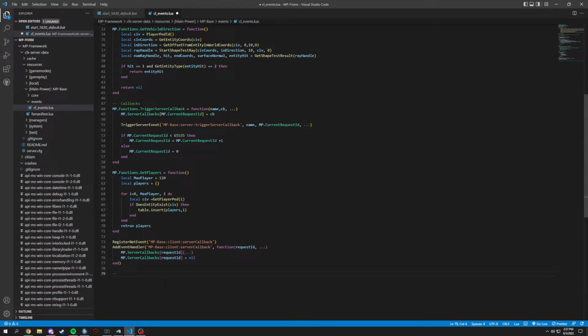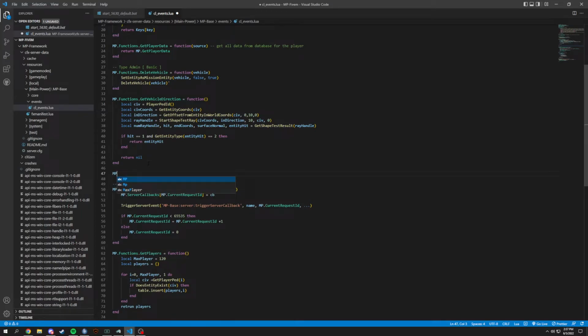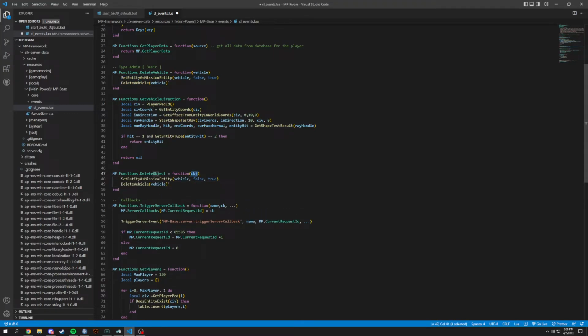So now we're gonna have, I guess we can go back to admin and just add a couple more things here, which is gonna be mp.functions.delete object, which is a function that we're gonna pass object through, and we're gonna end here. And it's sort of the same as the vehicle. So we set entity mission, and instead of delete vehicle, it's just delete object, and we'll pass through obj, and then that's perfectly done. And now